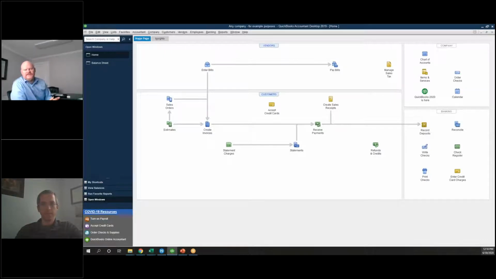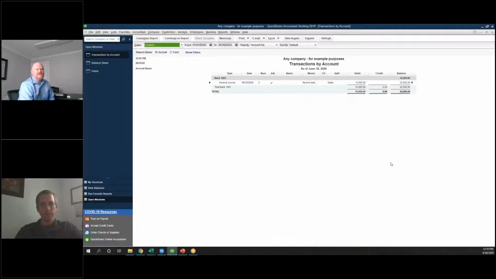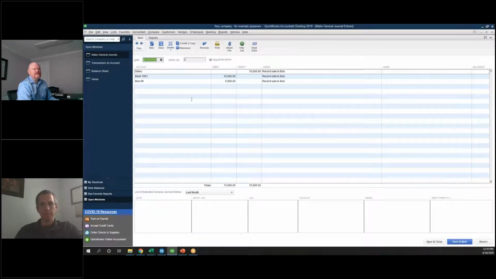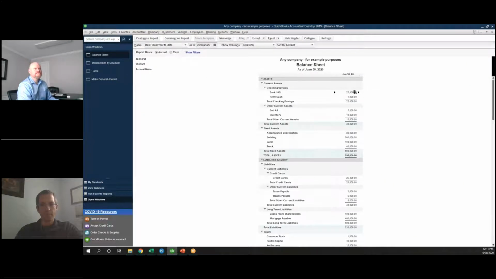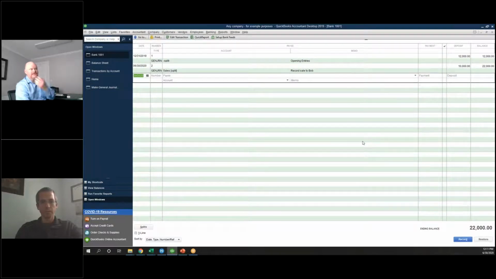Well, when you say you're working on something very, very simple like Excel, let's say, for instance, we go back to my balance sheet. I'm only going to look at my register. Control R. I want to go to my register. There we go. So there's only 2 entries in my register. This is $12,000 I put as a journal entry and then $10,000 that I received. If I am looking at a bank account only,